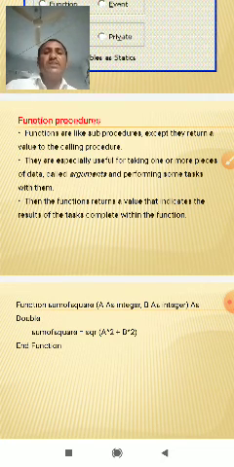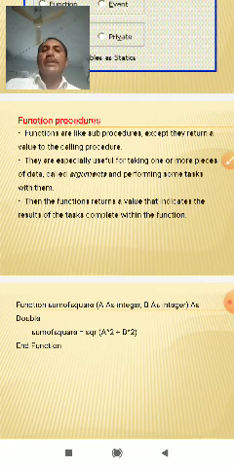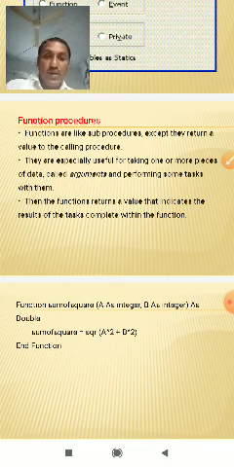Then the function returns a value, which indicates the task is complete within the function.